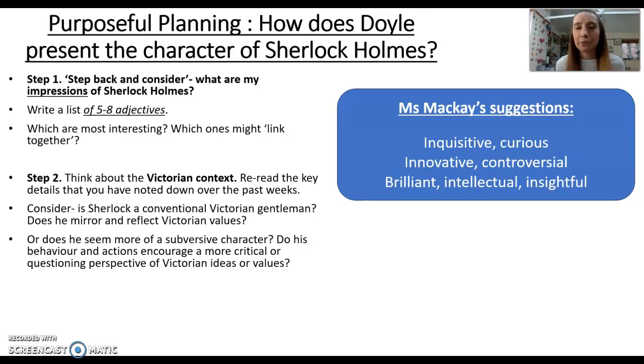And again, you don't have to include all of this in your essay. You don't have to answer all of these questions. I have made them optional. The idea is that you're choosing the ones that you think are most interesting and you're gathering the notes for the aspects of context that you find most interesting.